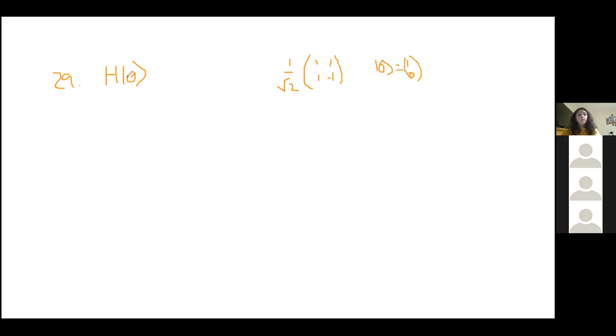Now, this looks a bit complicated, but this stuff looks a lot more familiar to what we've been going through in the last hour or so. And that's exactly what we're trying to do. This is a matrix, this is a vector, and we're trying to multiply these out. So 1 over root 2 times 1, 1, 1, -1. So this is also known as applying the Hadamard gate to our qubit.